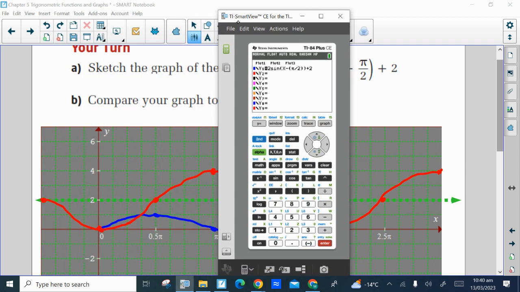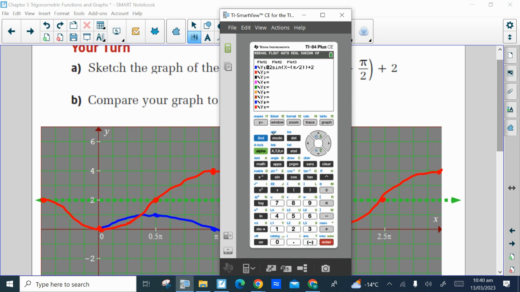Again, I need to be in radian mode, which I am. The windows here go from negative pi on 2, negative half pi, up to 3 pi. I'll keep my scale at pi on 2. The minimum here, I can go from negative 2 on the y-axis up to, say, positive 6. So now when I graph it,